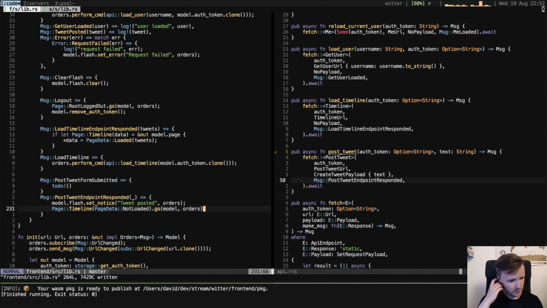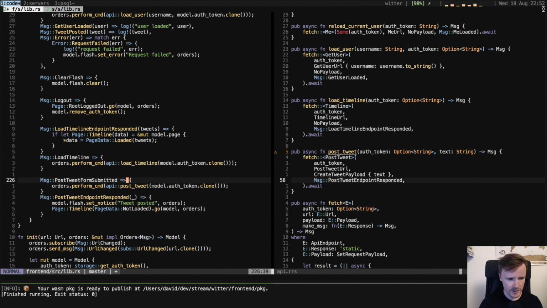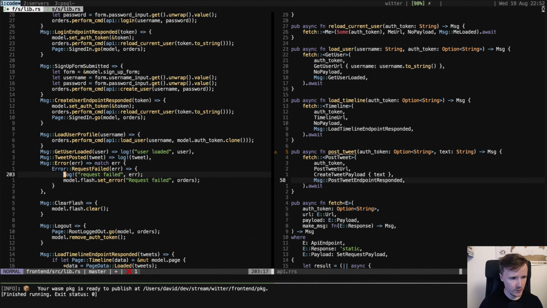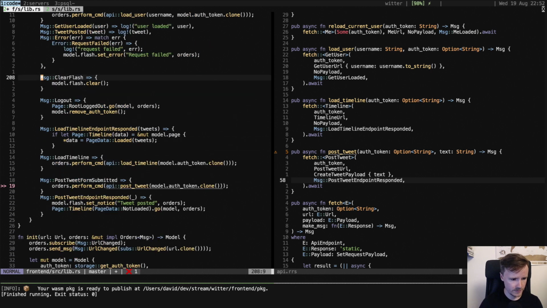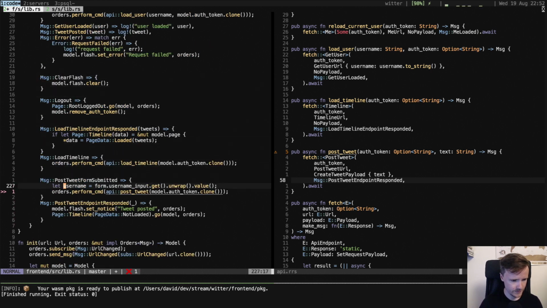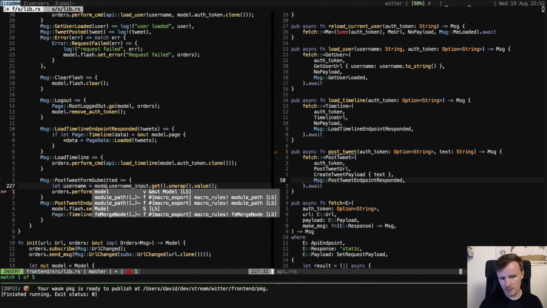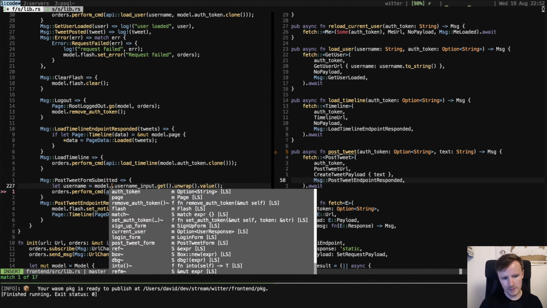And the timeline should automatically reload itself, I believe. Post tweet. How did we get the input? Form is model dot